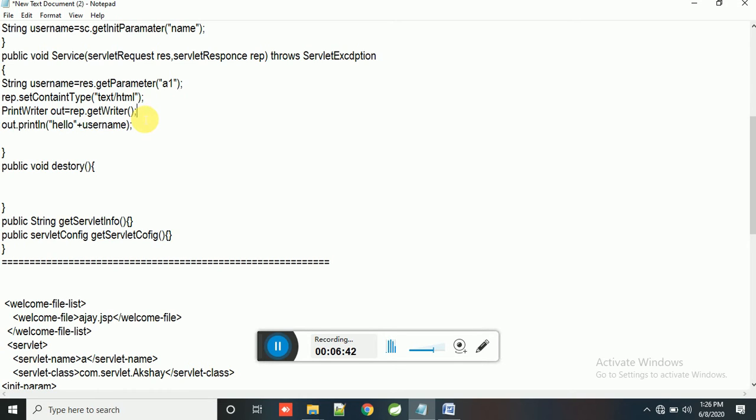Here another way is you can send your data in the form of a view also. Inside out.println you can write HTML code also. It is possible in out.println, because at the time of response you are not sure in which format you will send your data to the browser. By using simple text you can send, but in a large application you want to send data from one page to another page. This process you can do here also.